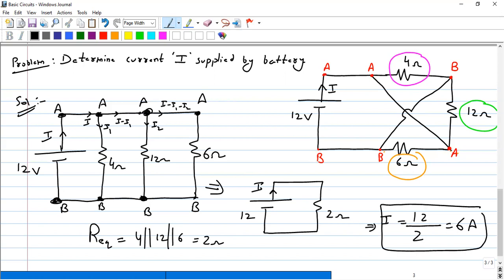So see how at the first instant you found that this problem is very complicated. How will I solve it? Now you see, within 2 steps we have found out the answer. Therefore, we always try to mark, name the labels, all the nodes with some name, and then it will be easy for you to do.